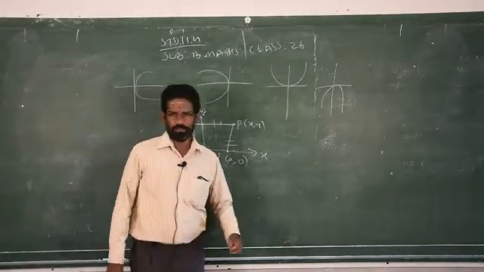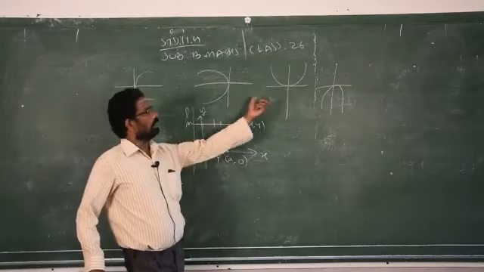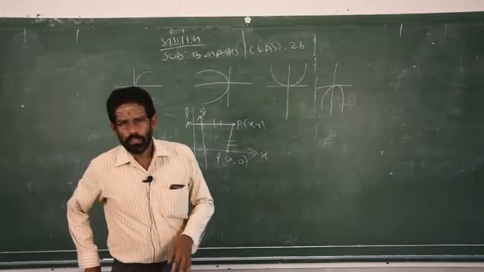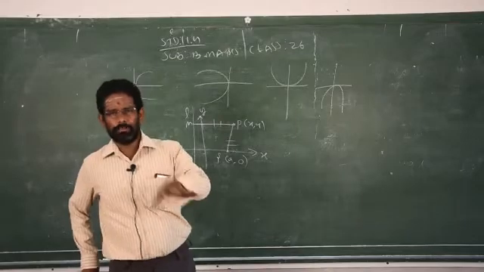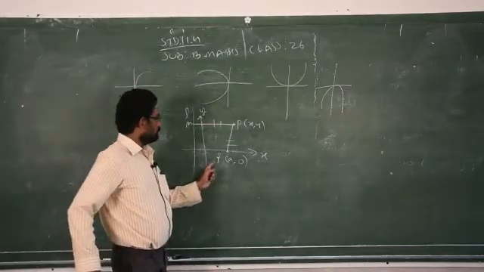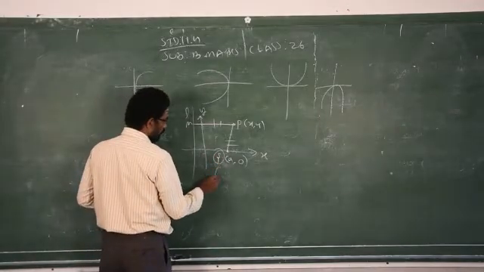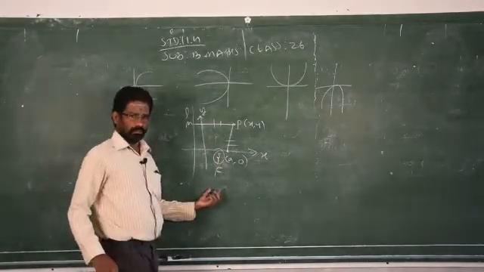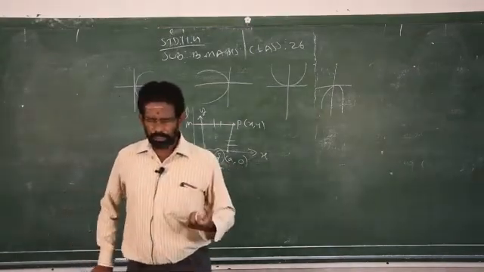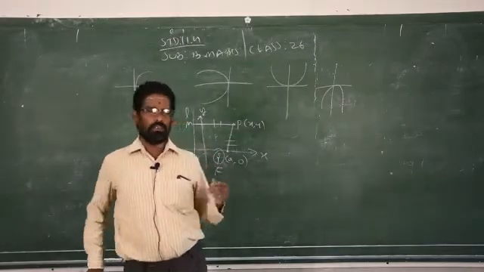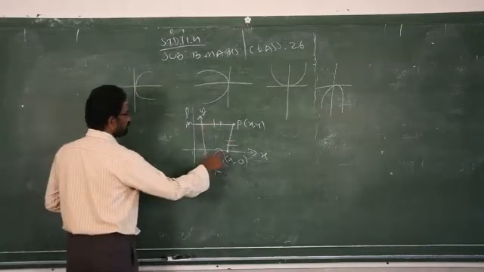S means focus. So we have a special name for the fixed point in the case of the parabola: focus. This is always called focus. Focus is sometimes denoted by S or F. Focus starts with the letter F, therefore this fixed point is denoted by either capital S or capital F, that is called focus. So when you measure these two distances, the distance of SP and PM,